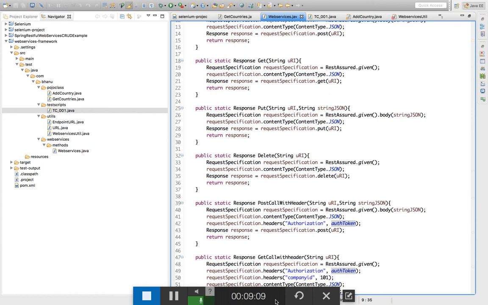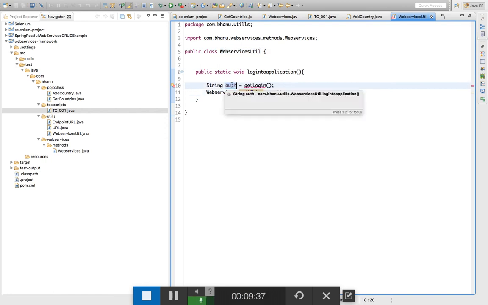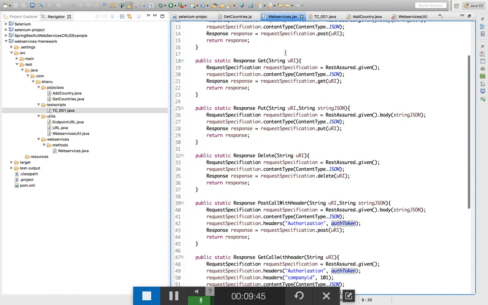So whatever I have shown in my previous video, it was like get account, get country, delete country, add country, update country, all that, right? But now we need to talk about the login. Since I didn't have login, I have not shown you. But since one of the candidates requested me to show how to do a login, get the authorization and use it in the corresponding calls, I have shown you. Assume that you have a method called login to the applications. When you call this method it returns authorizations, and I'm initializing my auth token with this auth. So this will get initialized, and where is this auth token? We have this auth token here.